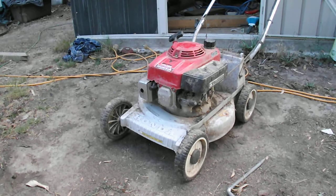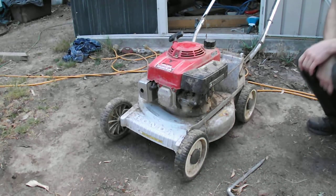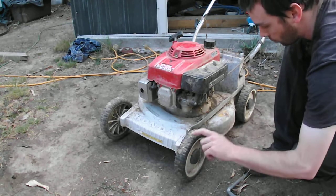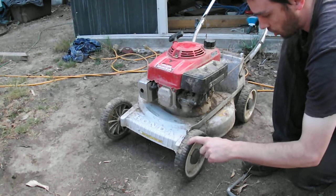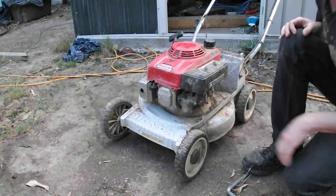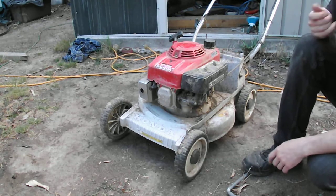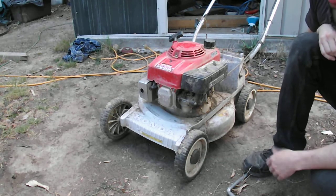So I got this old mower that was chucked out today, and she looks pretty rough because it's dirty and stuff like that, but it's actually not had a heap of use. It's in pretty good nick. Honda's the giveaway, the tread's still on the tyre. They're so reliable that you'll wear the tread off the plastic wheels. But anyway, the repair for this chucked out lawnmower,